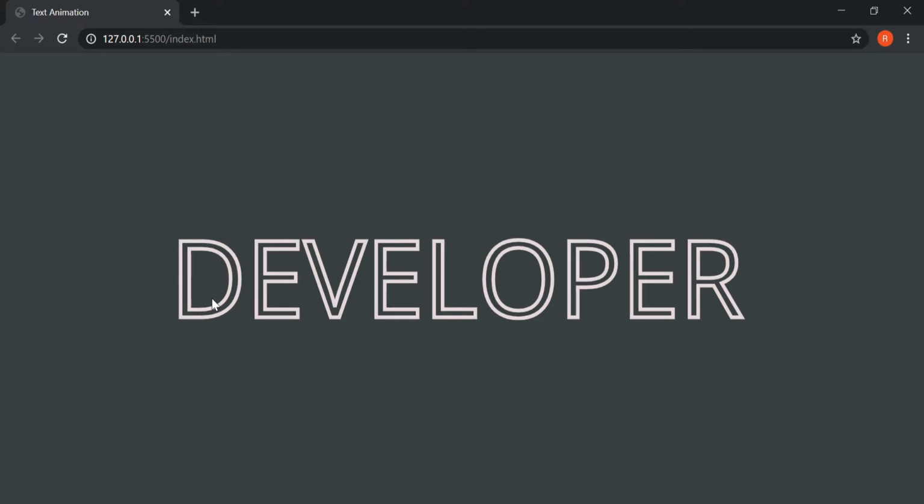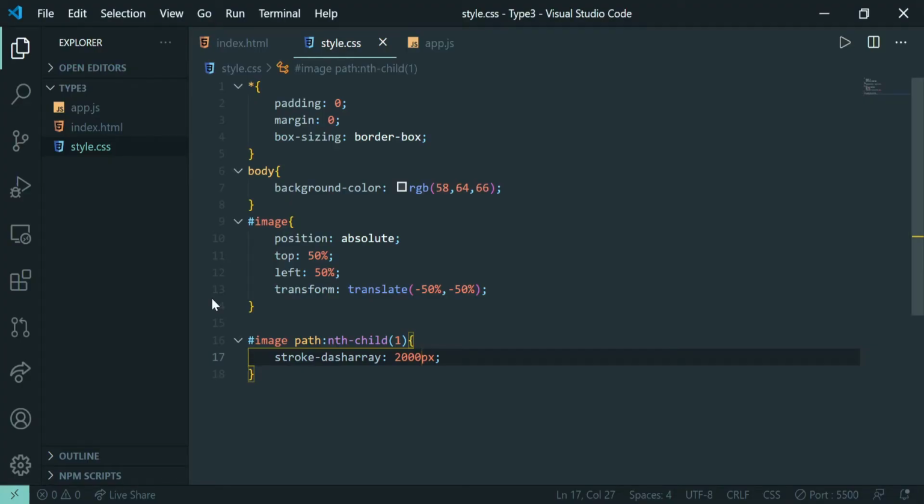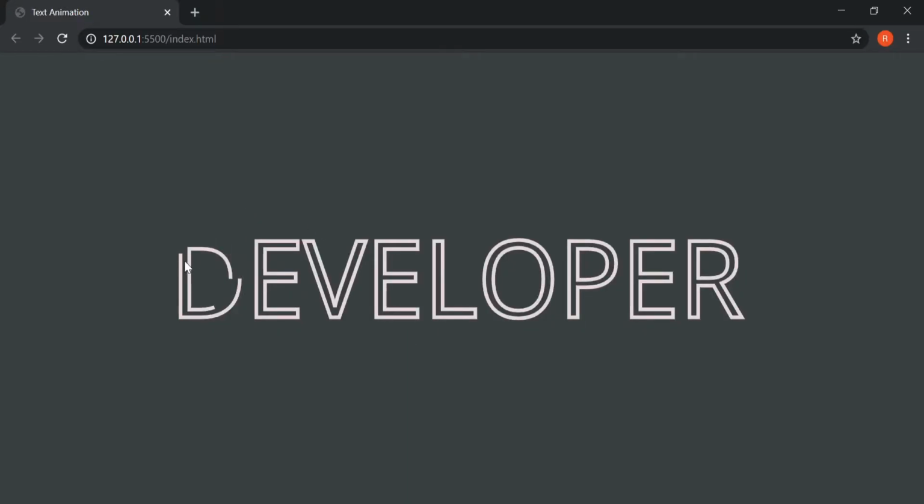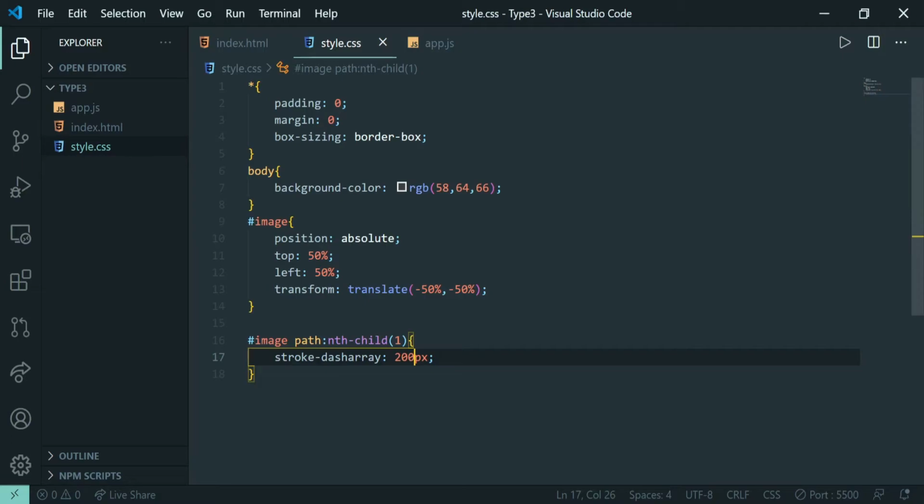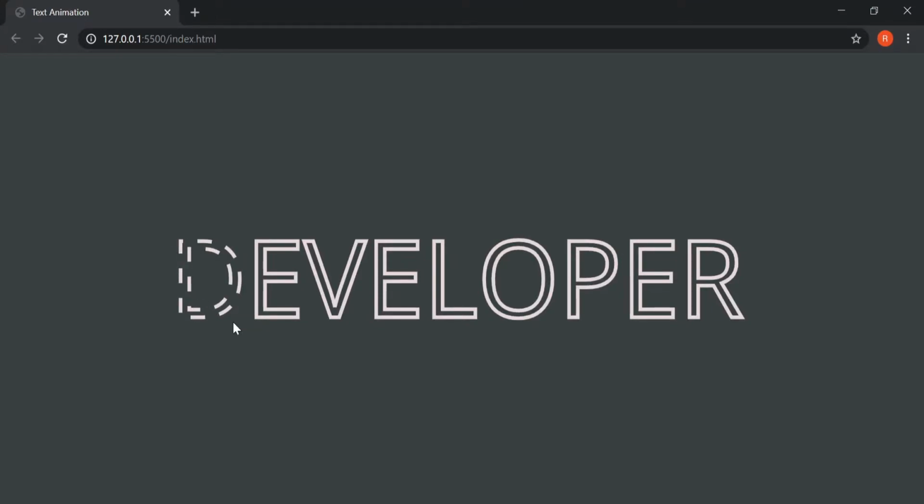So if we give this stroke-dasharray of, suppose, 200 pixels, then we will see half of the letter. And then if it is 20, then again some path will be deducted.